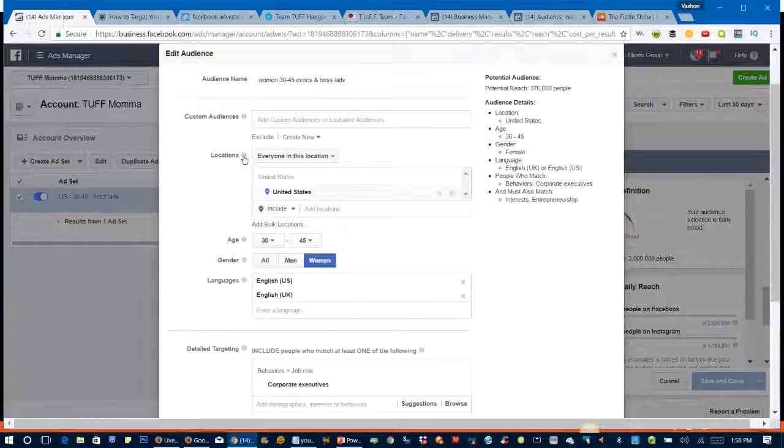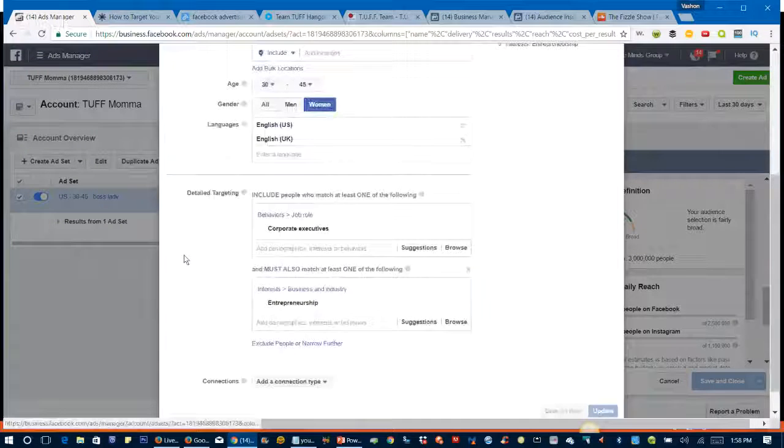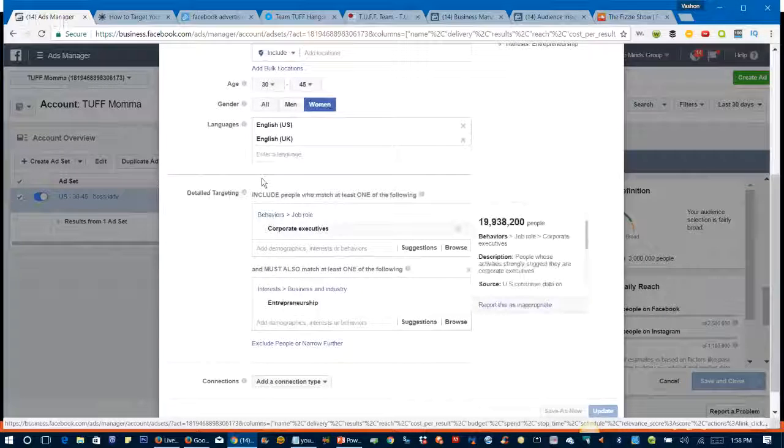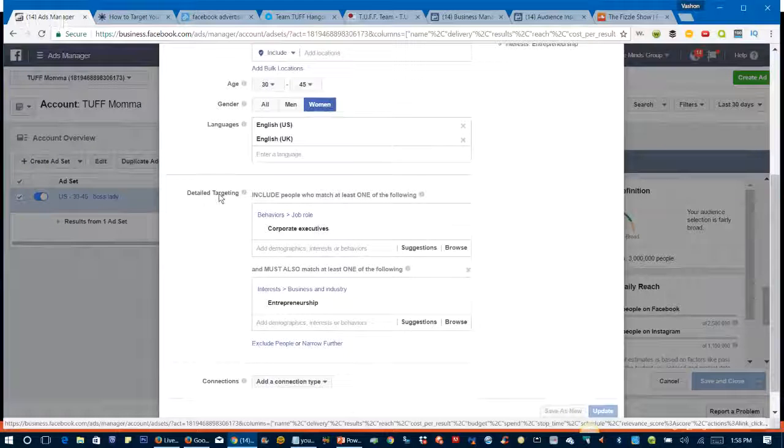I could make it, and then down here in your targeting, on this one I've tested a few times, so I have 2 different targets. But what you want to do is choose one single target. This is one of the things I tell everybody: don't get so detailed that you're choosing multiple targets. Maybe you're choosing income level, and what they do for a job, and what books they read, because the more targets or interests that you put down here, the narrower your audience gets and the fewer people that you actually hit. Does that make sense? So you don't want to put too many targets.